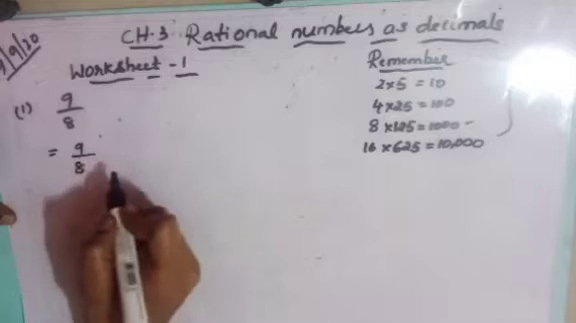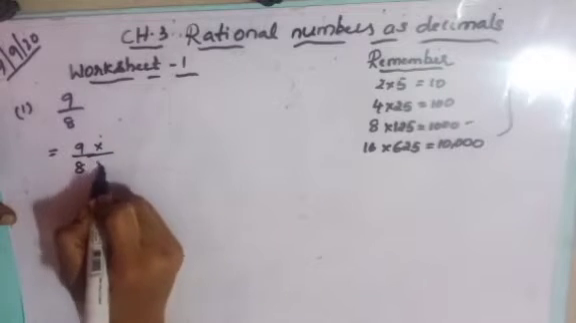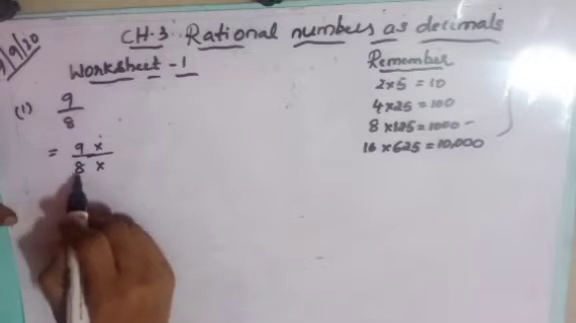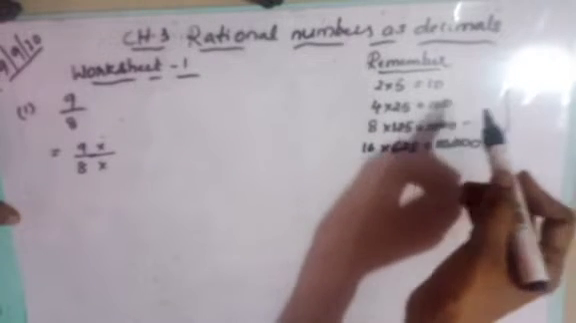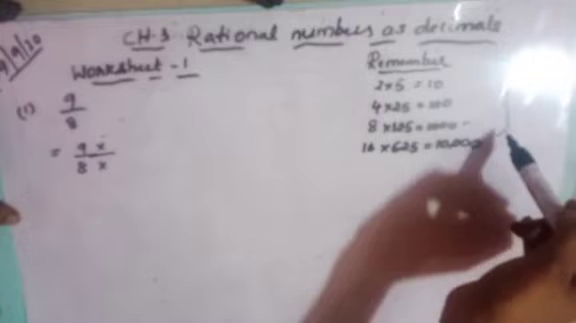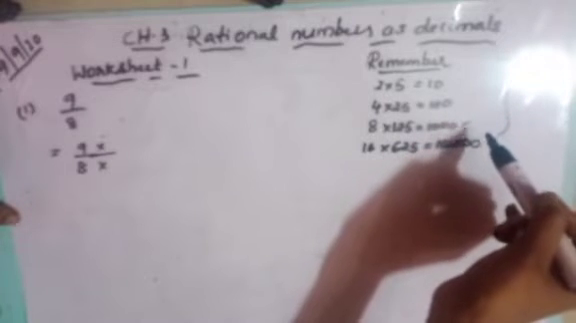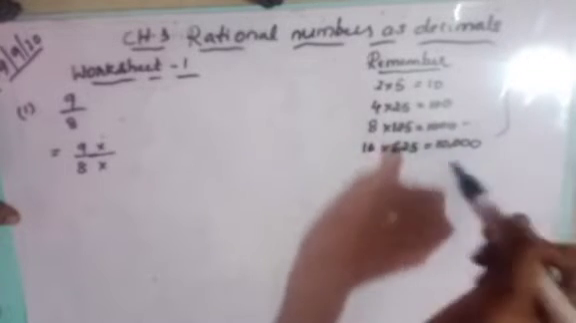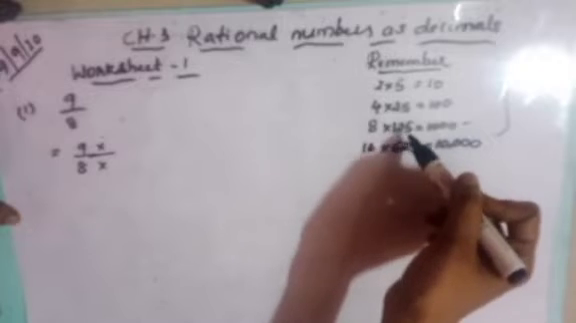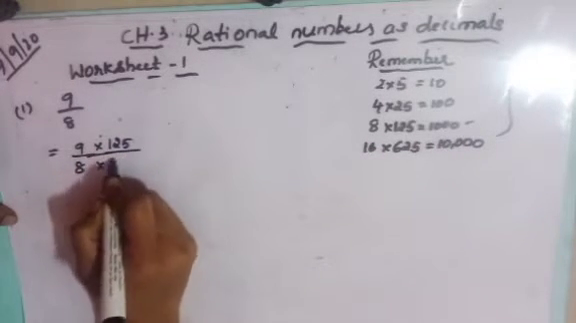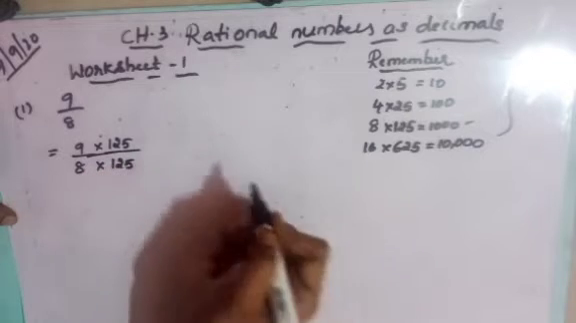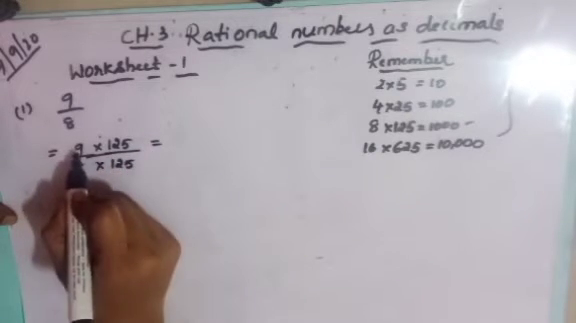We had to convert the denominator into powers of 10. If the denominator is 8, we had to multiply with what number, that is 125. We had to note this point, then it will be easy to convert into powers of 10. So if the denominator is 8, we have to multiply with 125. So multiply numerator and denominator with 125 equals to, so 9 125s are